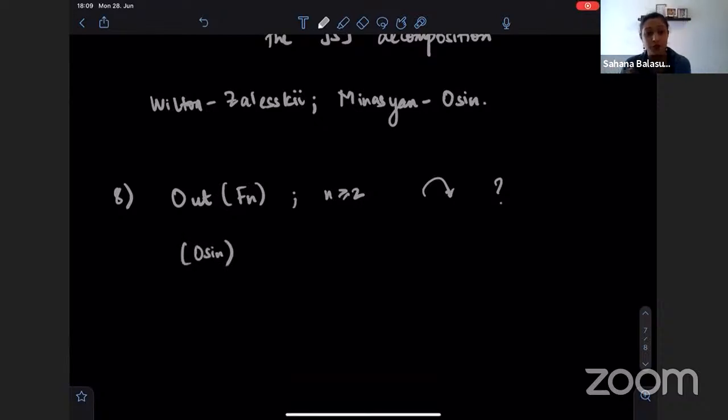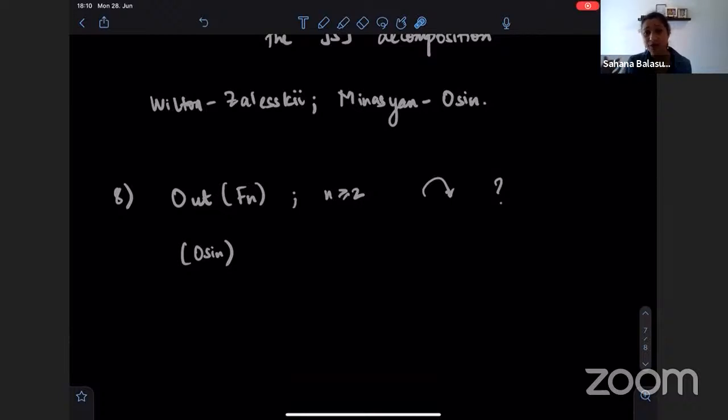But the way Dennis proved this result is that he used a set of equivalent criteria, which I'm going to be talking about in my next lecture, in order to show that Out(Fn) is in fact acylindrically hyperbolic. And that's the criterion of having an infinite non-degenerate hyperbolically embedded subgroup, which is something I'll get into in the next lecture. And what you can do with this information of having such a hyperbolically embedded subgroup is that you can construct some Cayley graph of your group, which is hyperbolic, and on which the group does have an acylindrical